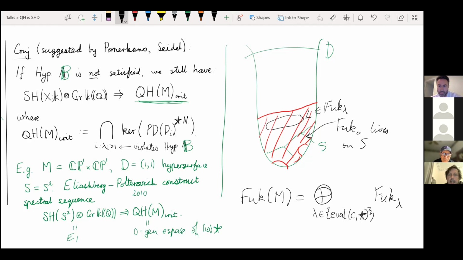We need to make this neighborhood, which appears in the refinement of our theorem that I didn't state, big enough to see these other Lagrangians. We have some quantitative version of how big the neighborhood has to be for this SH fullness to appear. And Venkatesh's result actually says that